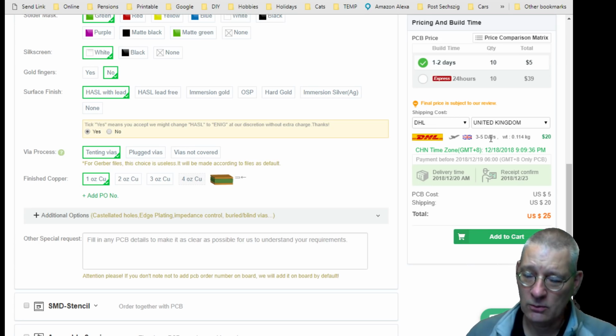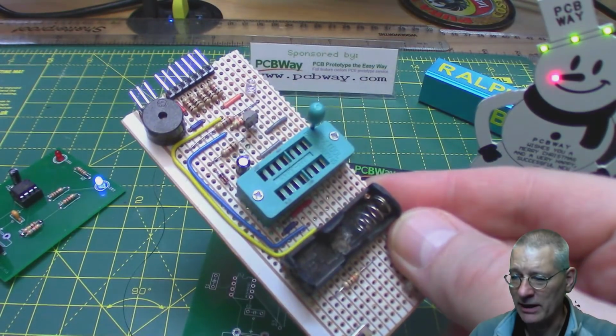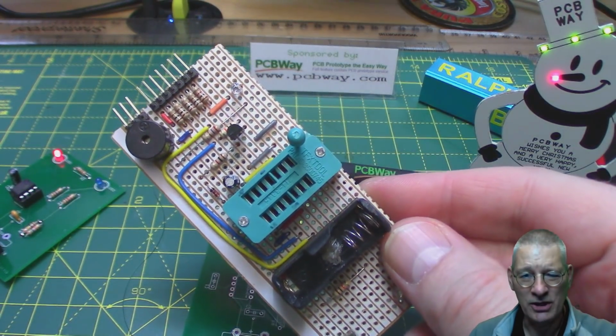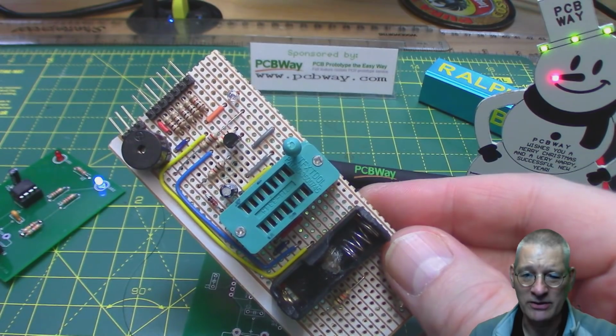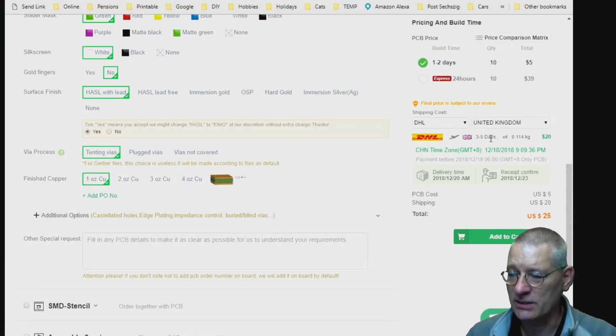Now, would I want to spend $20 of my own money for some prototype PCBs? Well, I might. For example, if I was doing the one I just showed you, the ATtiny thing, I'd probably want that a bit quicker, because otherwise you lose track of what you're doing. And by the time it's arrived, you think, well, I've sort of lost impetus now. So there's probably a good reason for thinking about DHL, especially as it was that quick, Thursday to the Monday,